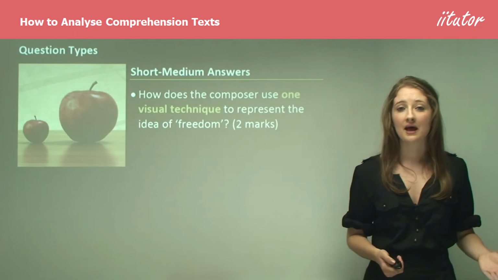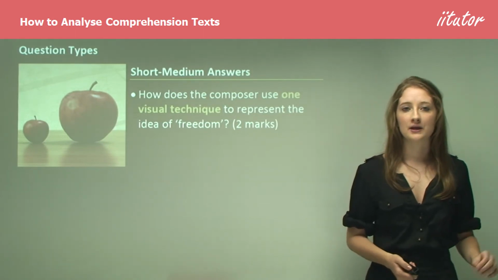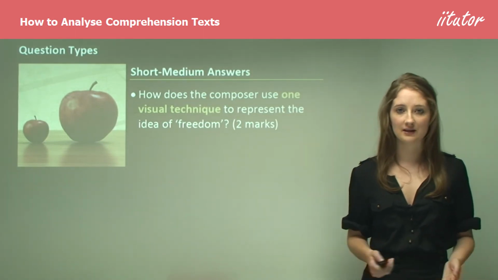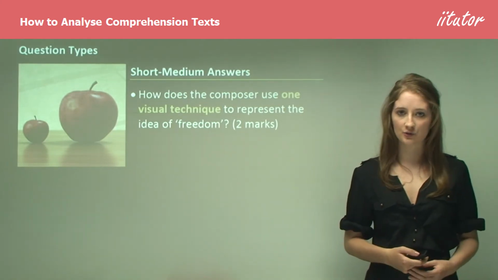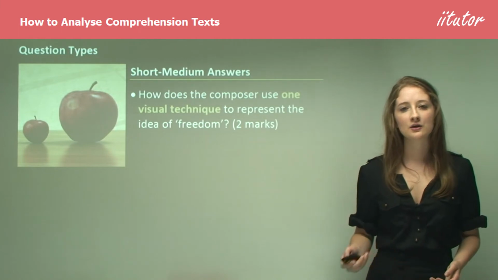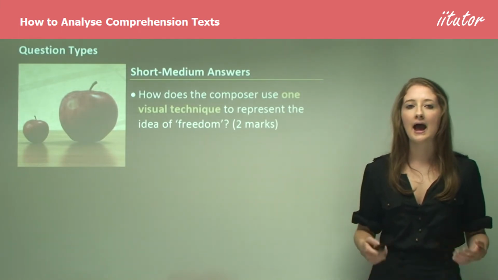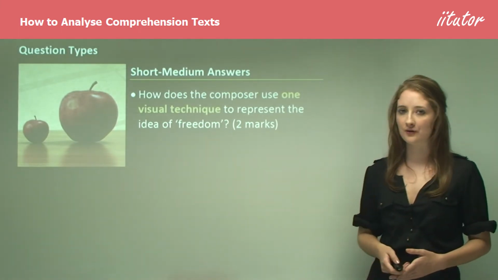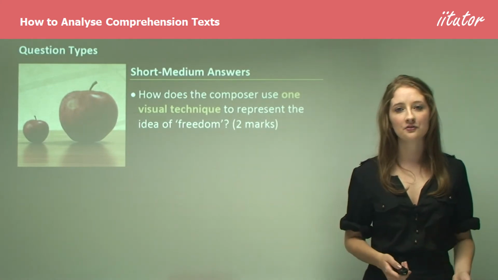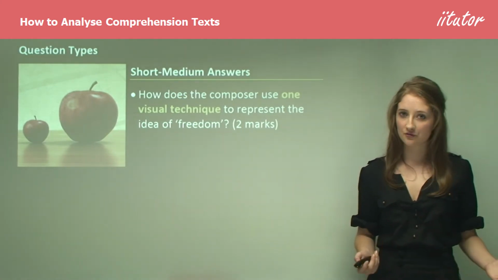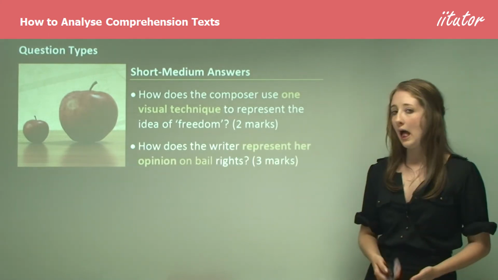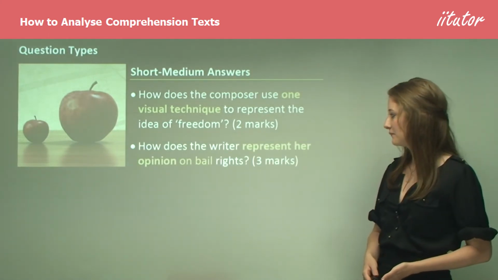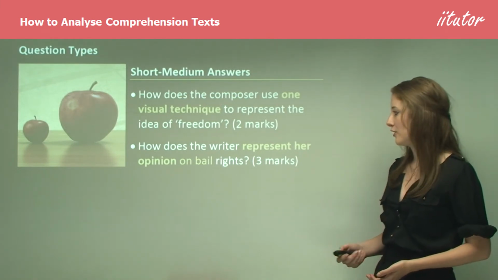So if you're given that question, you're only answering with possibly 2 or 3 sentences. The first one in which you identify exactly what the visual technique is, and then the second and third sentence where you say how this is used to provide the idea of freedom, and linking this to your area of study through demonstrating what this visual technique has on the audience. Only 2 marks.